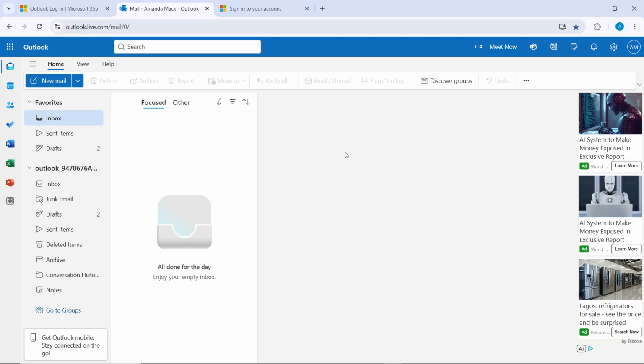All you need to do next is to open the Microsoft Authenticator app on your mobile device. Tap the account you added, work or school account, remember. Tap the three dots in the top right corner, choose sign in with QR code or scan QR code depending